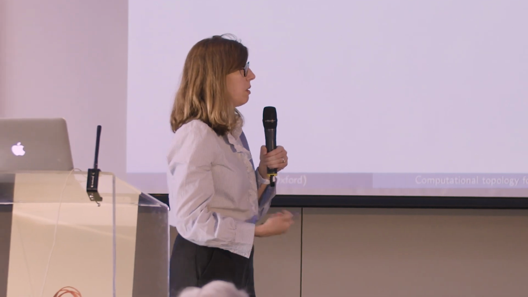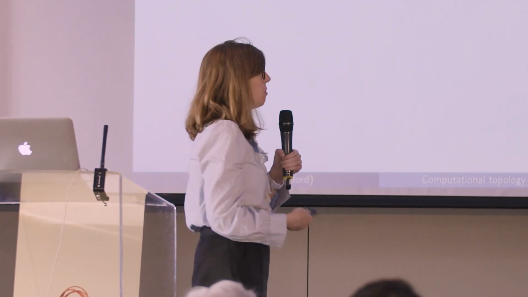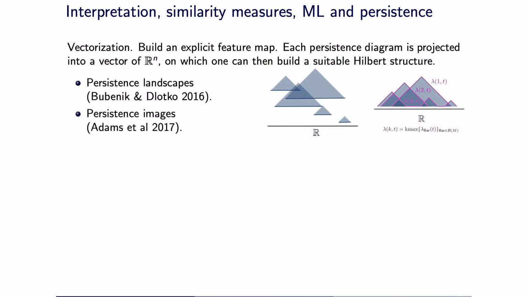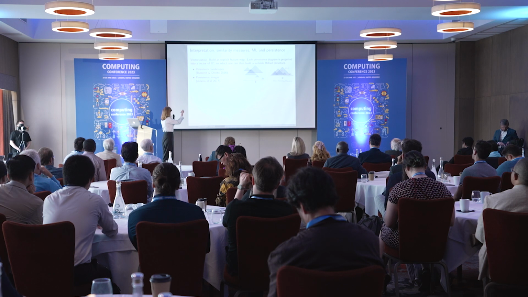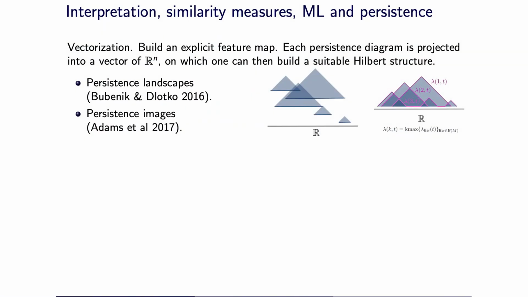And then finally, to be able to use it and apply it to other areas is being able to interpret what we're getting out. So as I said, this multi-set of intervals is not very helpful, but what you can do is then build a map. So we build a function, a sequence of functions, where we can then look at this into some suitable Hilbert space, and there's different ways to do this that were only recently introduced, right? So this is relatively new and has been successful.